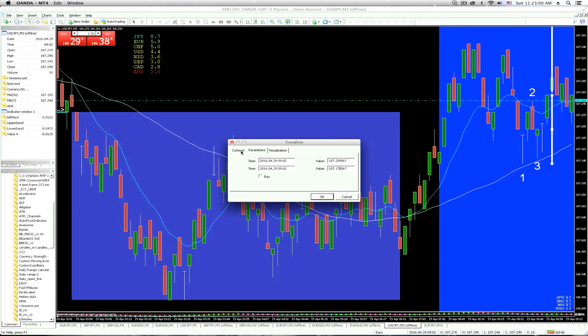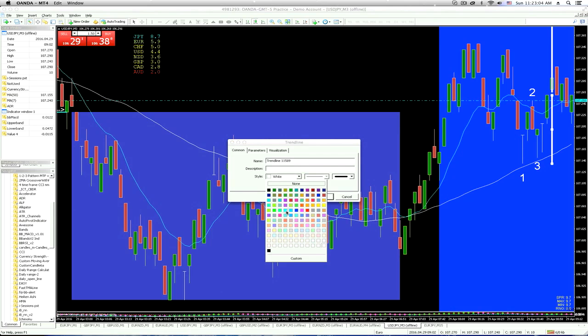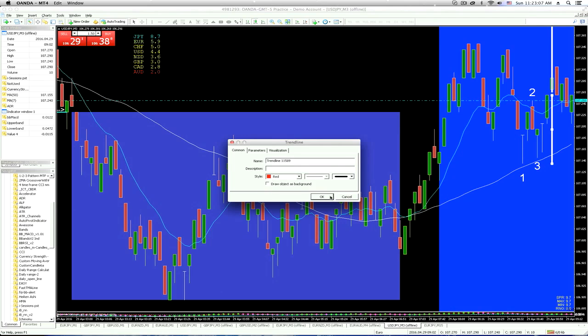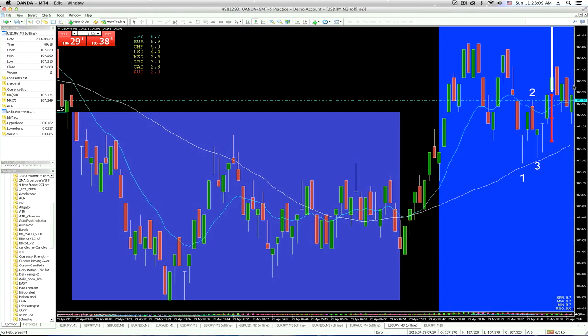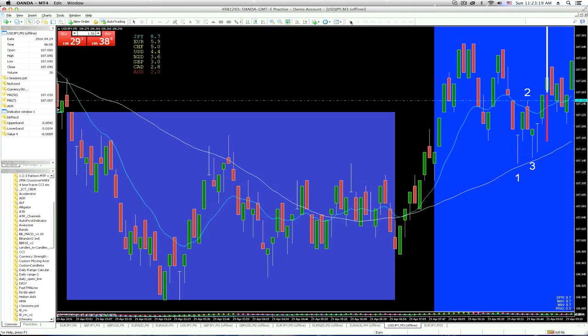And let's make it red so we know which one is which. Very good. Okay, so there's our trade parameters for this one. Okay, so let's see what happens. All right, moving along. Next bar, we're now up, and we're up about